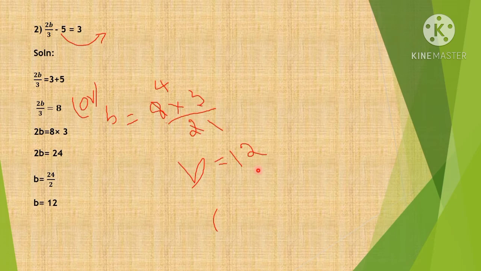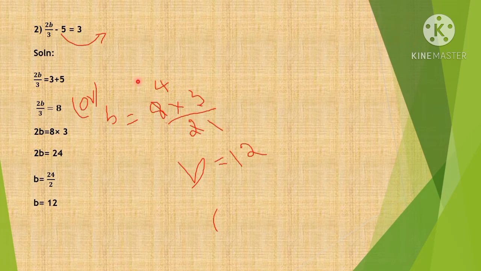So try to make the simplification smaller because it will be good. You can save time while you are writing the exam. So you don't need to write step by step. Now you all are grown up students, so try to do the calculation directly. Don't do it with each step, first multiplication, next division. Try to do it together like this. b is equal to 8 into 3 by 2. Cancel it and write b is equal to 12.